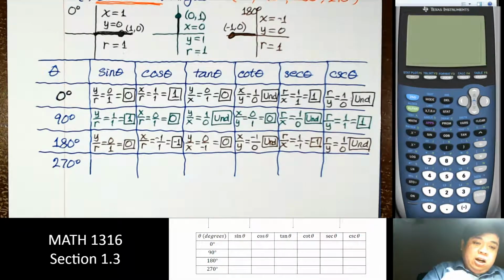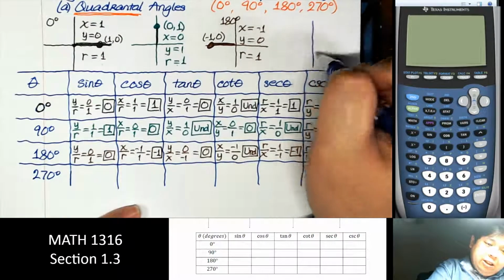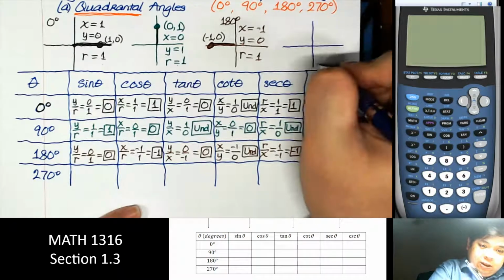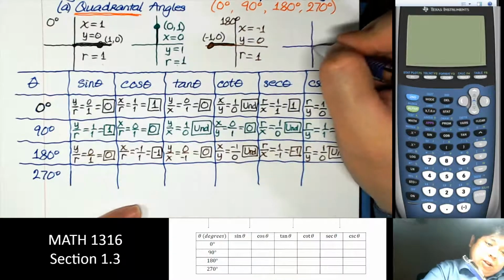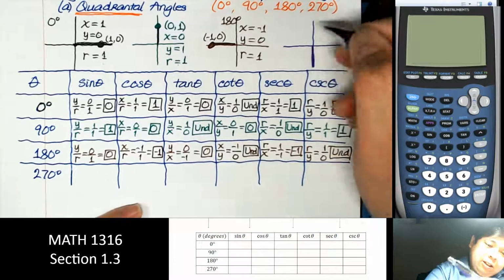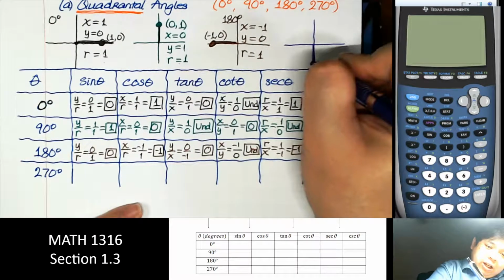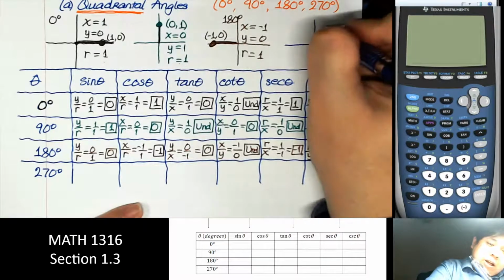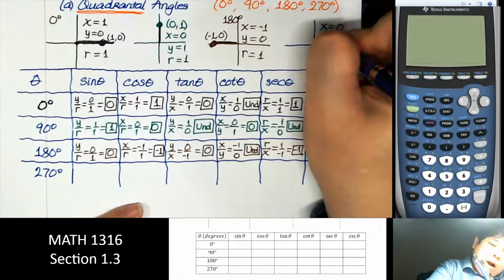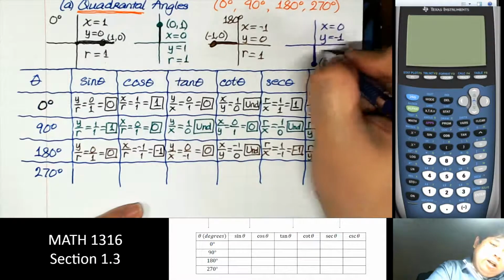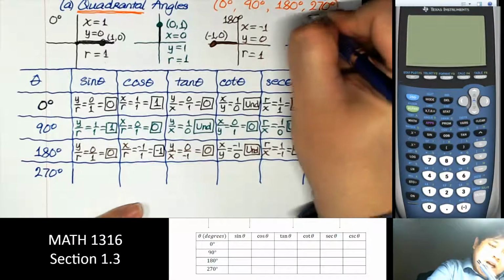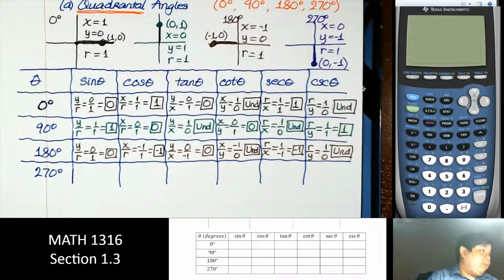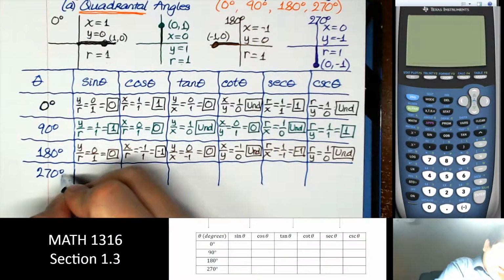And then next, 270 degrees. It's going to be this. And let's pick the point here. X equal to 0, y equal to -1, and r equal to 1 at 270 degrees. Right. So once again,